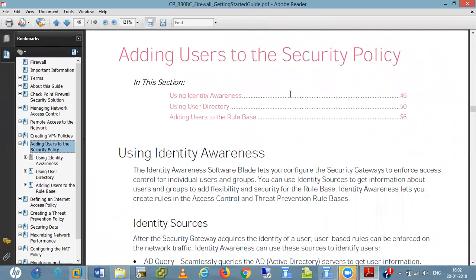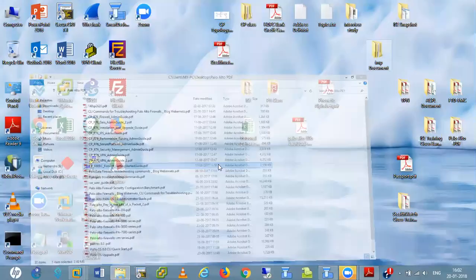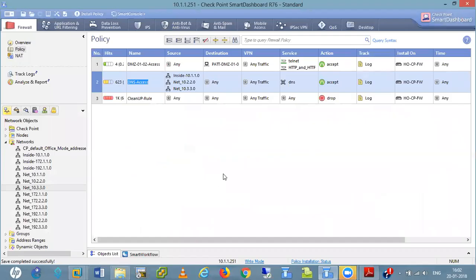According to the department, like this. So the thing is, every organization has Active Directory as a data store. So first we will complete the Active Directory integration with Checkpoint. So how can we integrate the Active Directory? Right now I am showing how we can integrate the Active Directory.